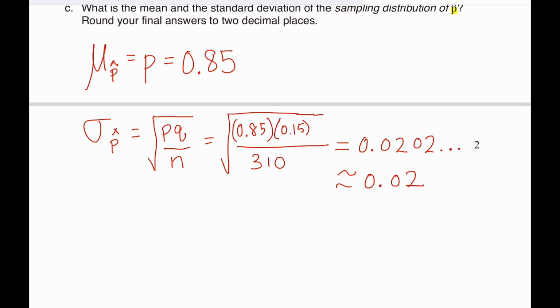Okay, so if I were to draw a little graph of this, if this was the distribution of sample proportions, the mean would be 0.85, and then my standard deviation would be 2%. So like this would be 0. If I went out 1 standard deviation,